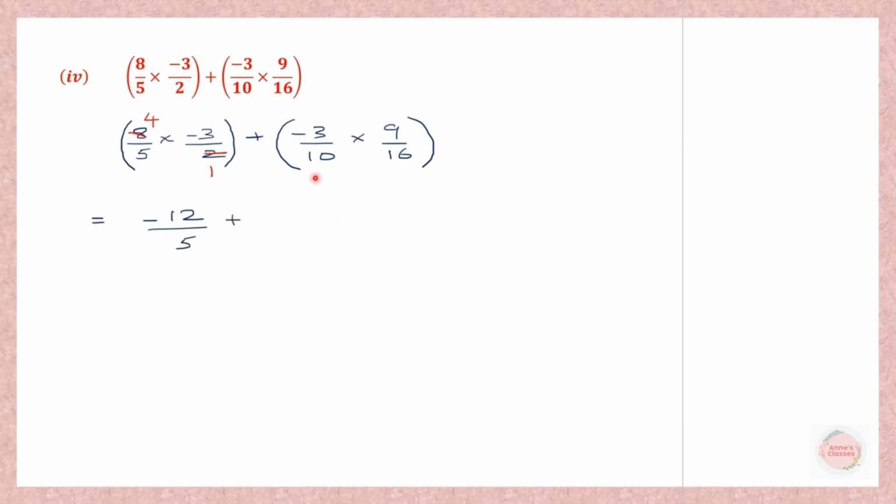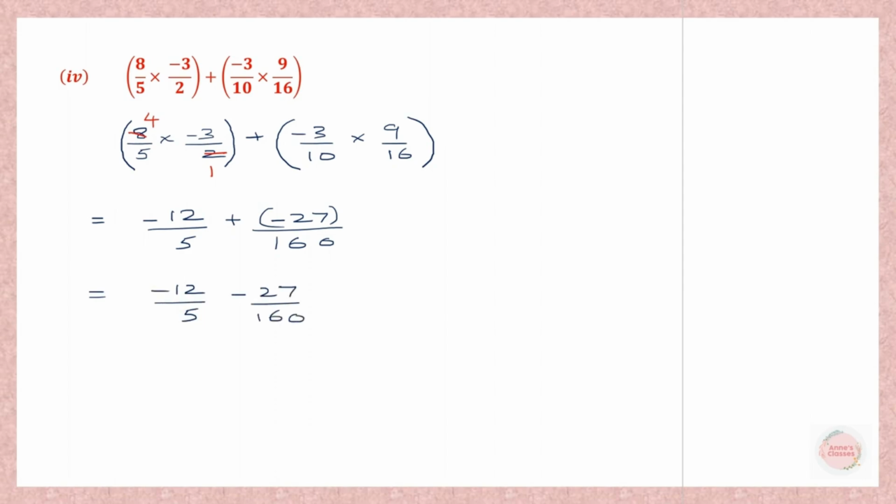Now here what can we cancel? Now there's nothing that we can cancel. So we're going to multiply the numerators and the denominators. Minus 3 into 9 is minus 27. And in the denominator, 10 into 16 is 160. So here we have these numbers. Let's write it again. Minus 12 by 5 plus into minus is minus, minus 27 by